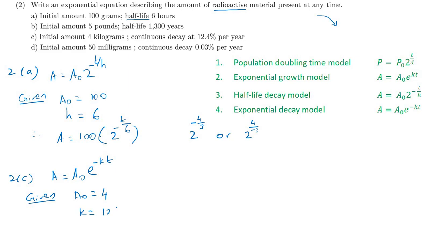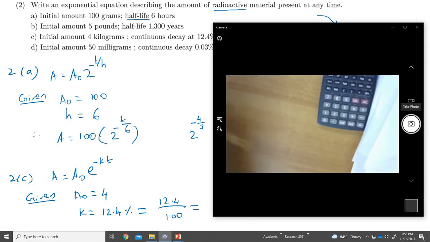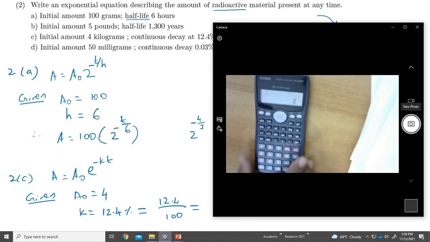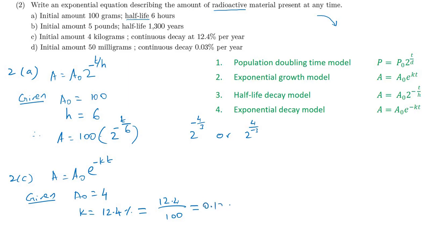Okay, 12.4 percentage. What should you do with the percentage? You want to convert into number. How will you convert? 12.4 divided by 100. I said to you, use calculator to find this value. Okay, if you want, I will show you that one here. You can see here, it is given 12.4. 12.4 divided by 100. Press equal to. What is the number you are seeing? It is 0.124. This number I will write here. Okay, 0.124.